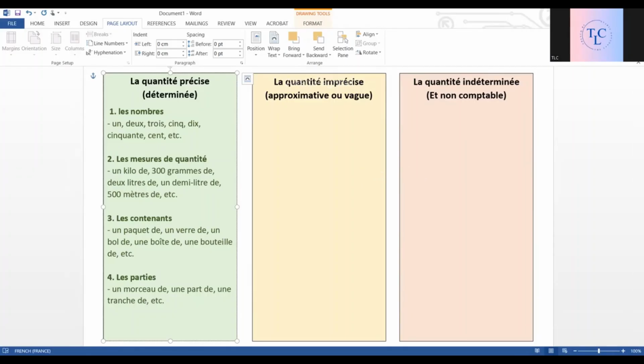Then we have la quantité imprécise. So here it is approximative. We cannot exactly measure or count it. So it's a vague quantity, not precise or approximate. But at least we have an idea that it is a little, a lot, some, several. That's why they are called la quantité imprécise or approximative. For that we have